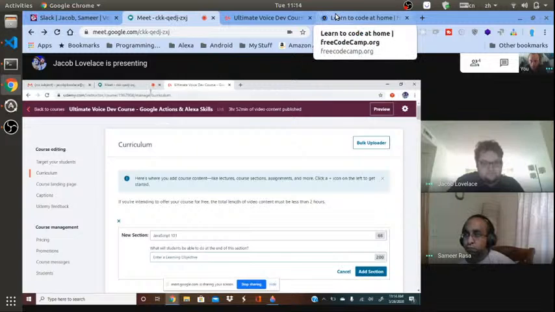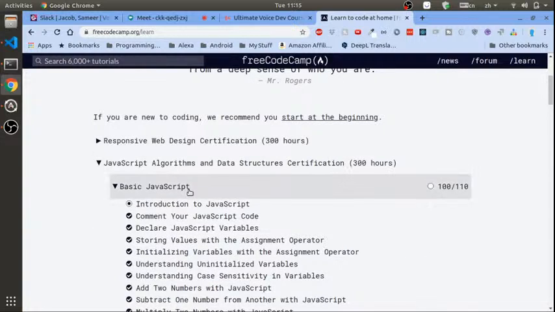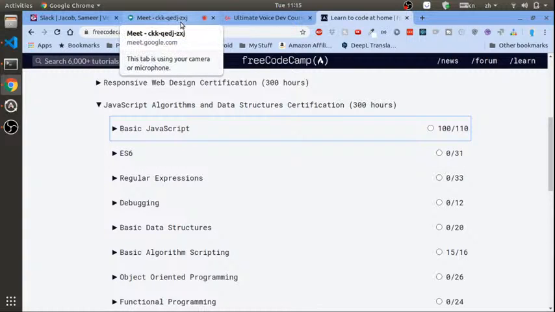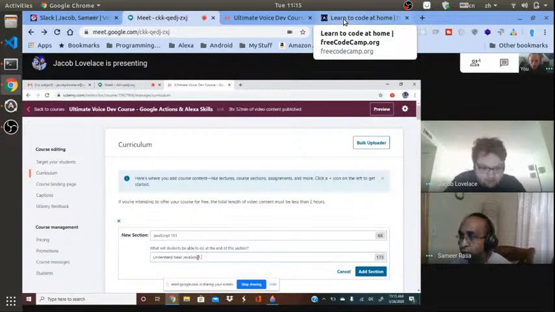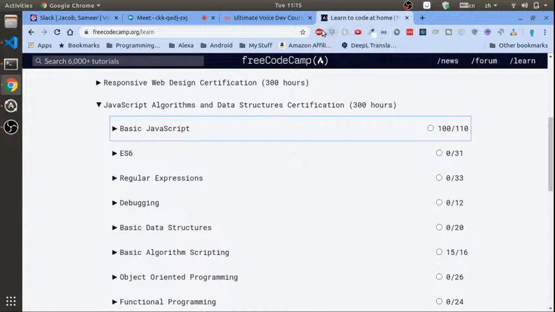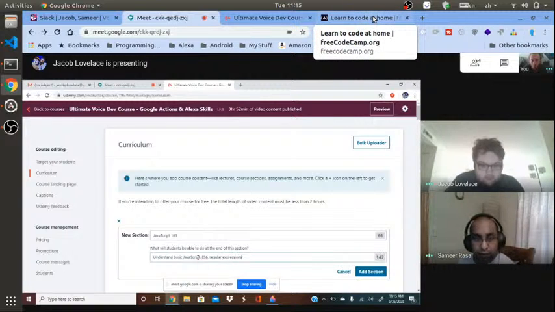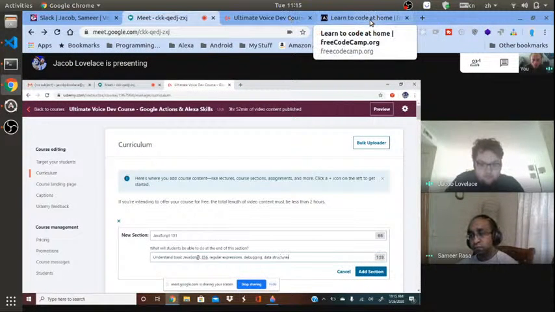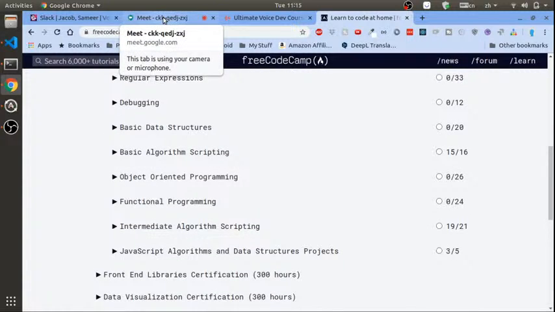At the end of this section, students will understand basic JavaScript, ES6, regular expressions, debugging, data structures,